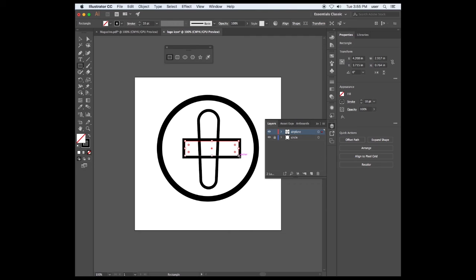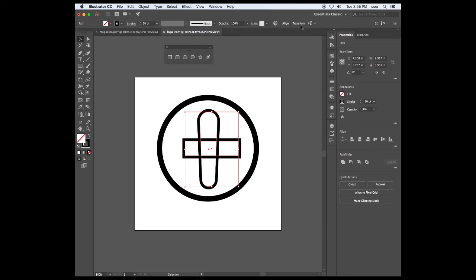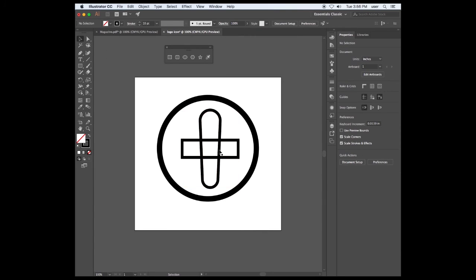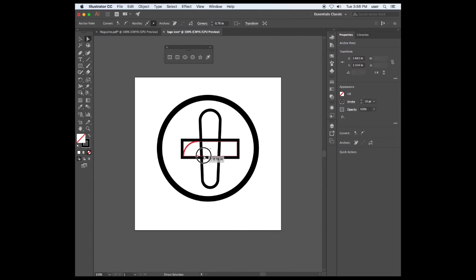Like that. Using my black arrow tool, I'm selecting both of these items. Now this is the cool thing. Once I select two images, I have the align tools that show up. And then what I want to do is center them horizontally and center them vertically. Okay. And once I do that, now I know that they're in the center part. I get my direct selection tool again, and then I can basically pull this,